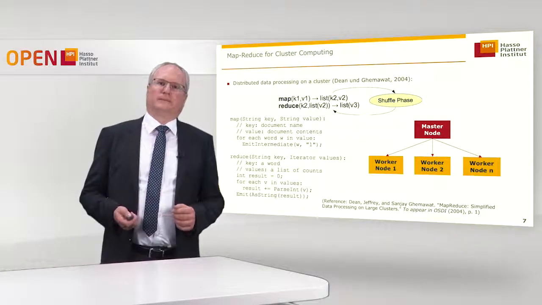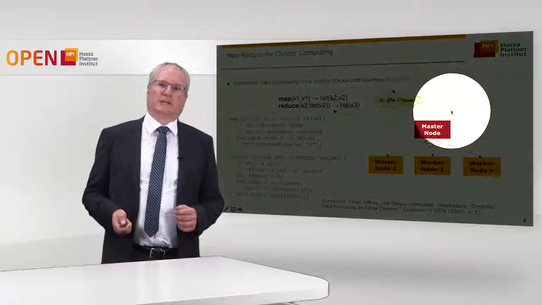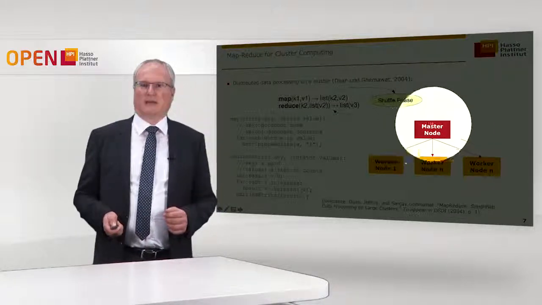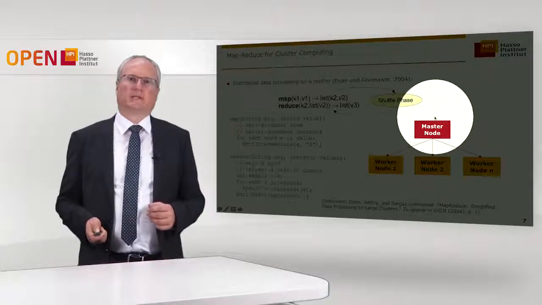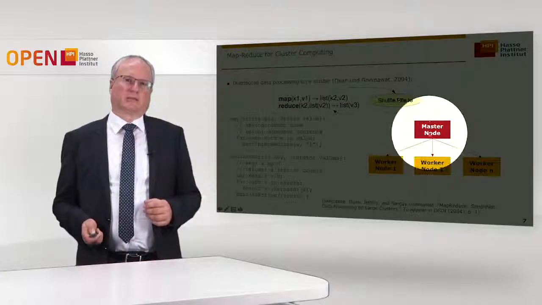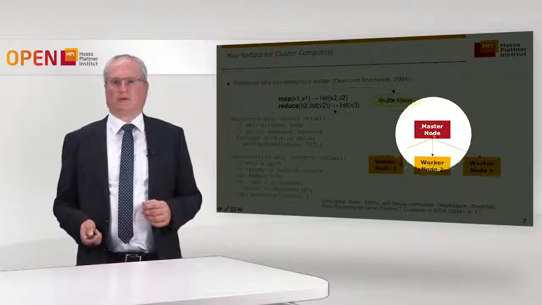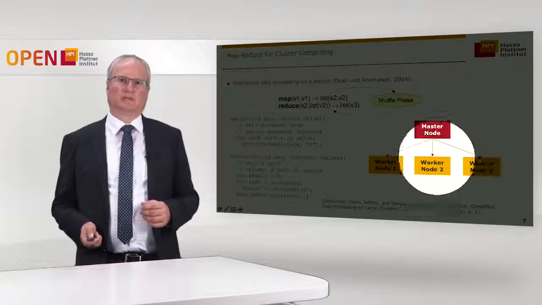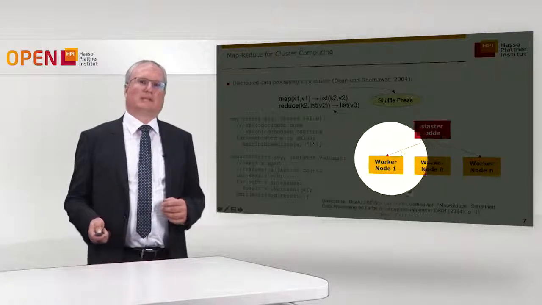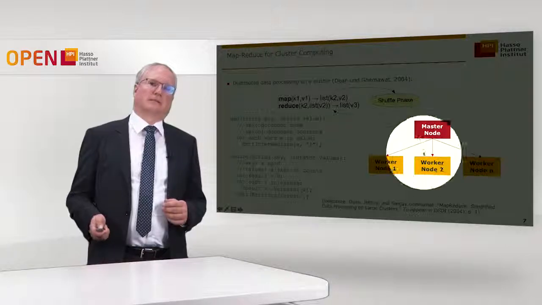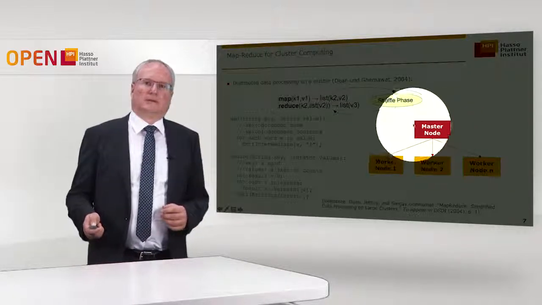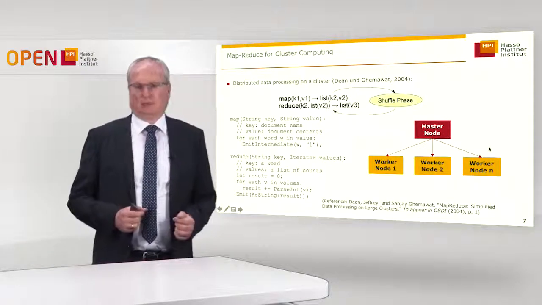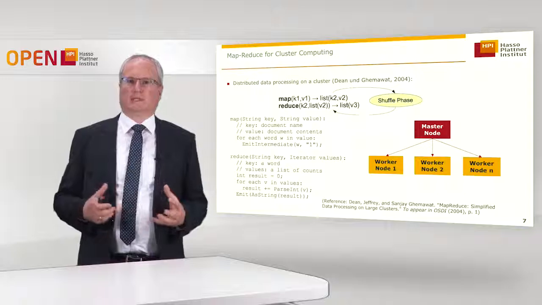And the basic idea is always you have a structure like this. There's a master node, which is responsible for the interaction with the client, with the user, or with the software that uses the database. And then it gets a query, for example. It distributes the work on the so-called worker nodes. You must imagine that this usually involves a network communication to the different nodes. The worker nodes process part of the data. The data is gathered again in the master node and maybe then distributed again for the next step. So there's always network communication involved in these kind of distributed architectures.